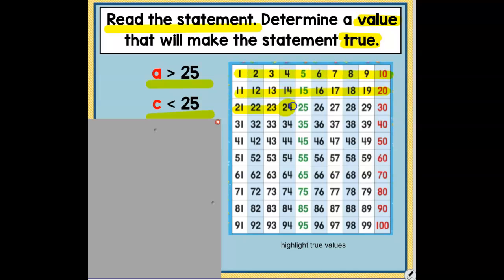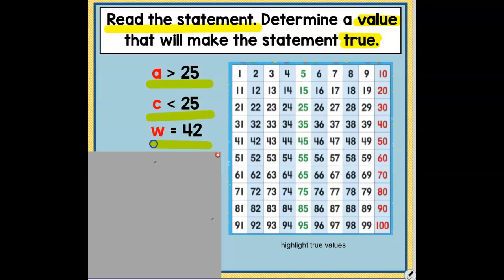So 24, 23, 22, all the way down to 1. It could be 0. It could be negative numbers as well. Okay? Our next one. W, I want you to read that statement to your partner, and then the other person, I want you to tell me what would you color in on the number chart that would make this equation true. Hopefully you said W is equal to 42,